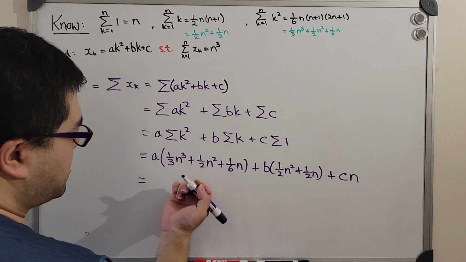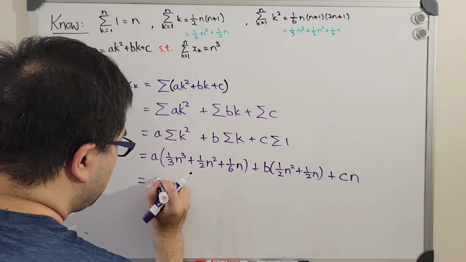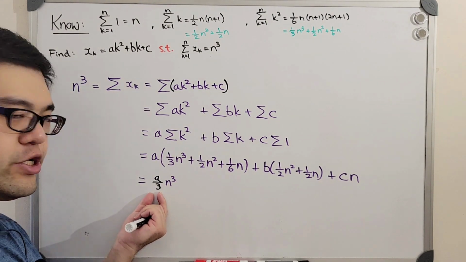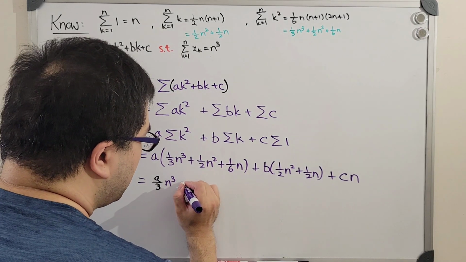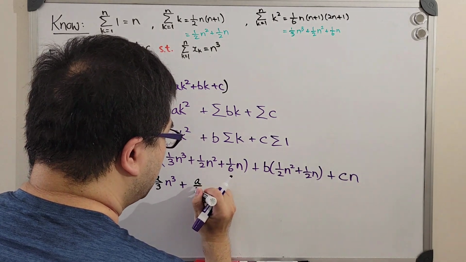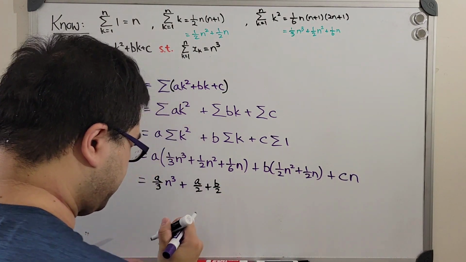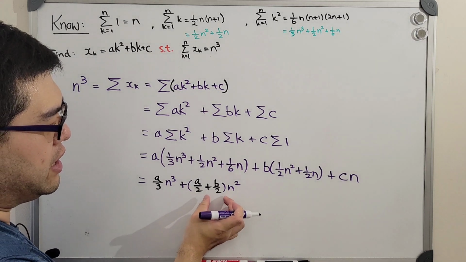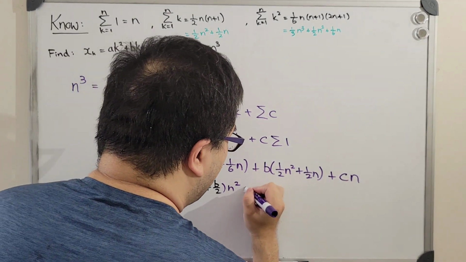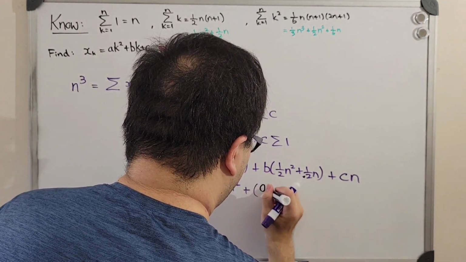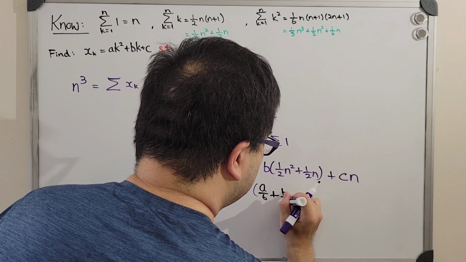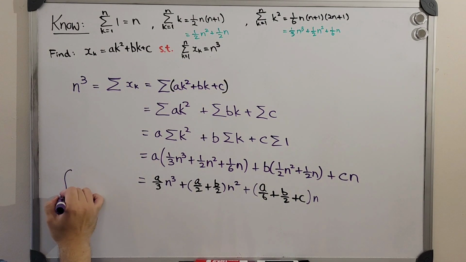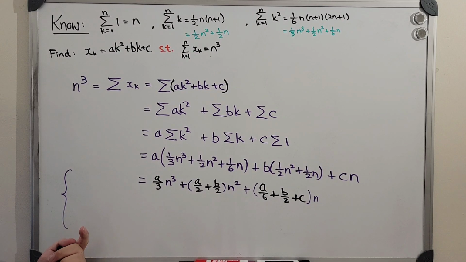And now we can collect all the like terms so that we get a/3 times n to the third power, where a/3 is the coefficient of the n cubed term on the right hand side, plus similarly we have a/2 plus b/2 times n squared, where this part is the coefficient of n squared, plus a/6 plus b/2 plus c times n, so that we can set the left hand side and the right hand side equal to each other